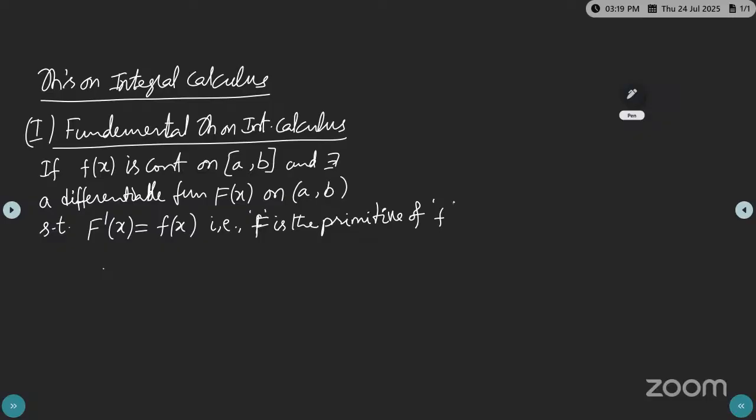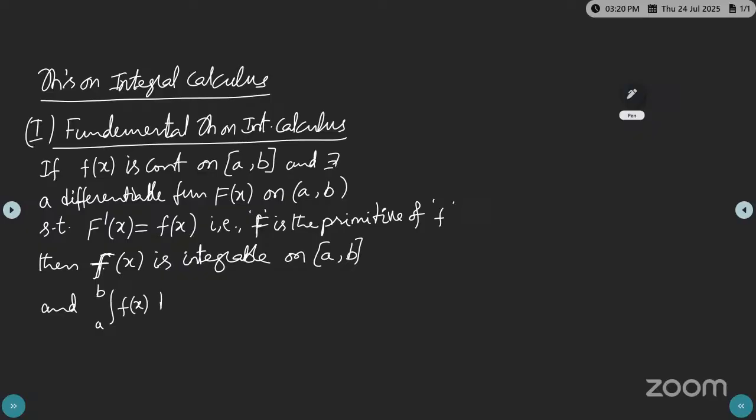Then small f of x is integrable on closed [a, b], and integral a to b small f of x dx equals to